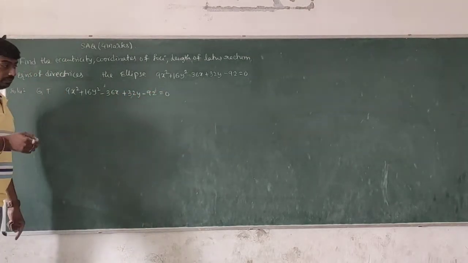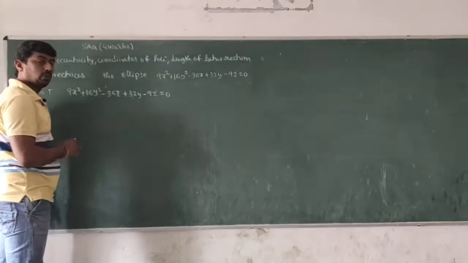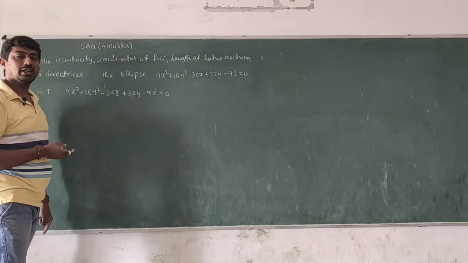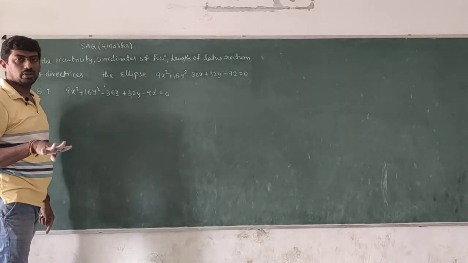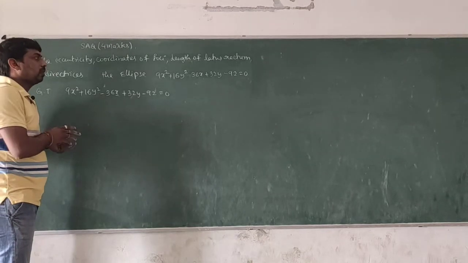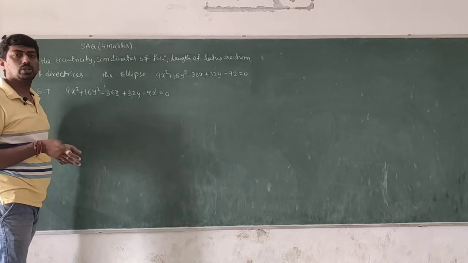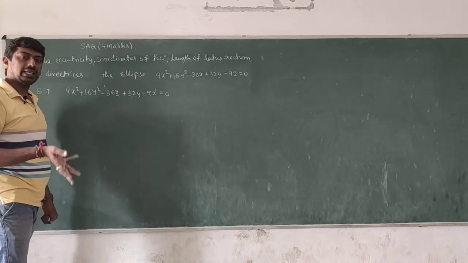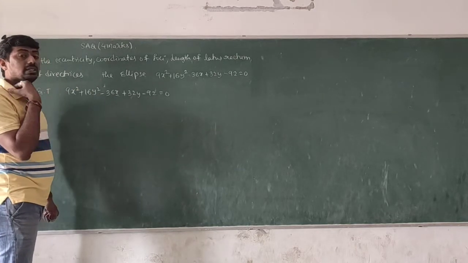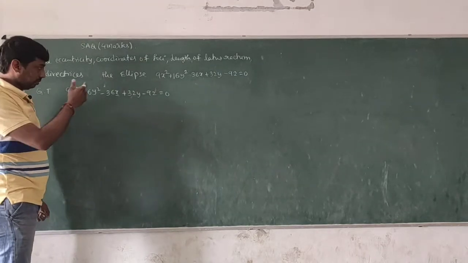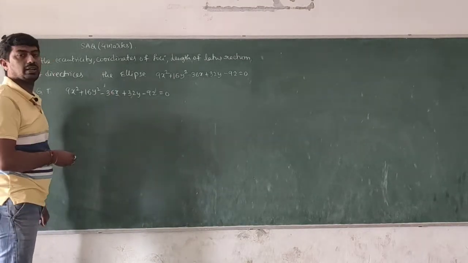Just observe clearly, whenever we have an x term only in the given ellipse equation, then obviously the cases are third or 4 only. In the previous problem we had only x square and y square terms, then obviously that is case 1 or 2. Whenever we have x or y terms, then directly the ellipse is in the form of case 3 or 4. Now also case 3 or 4. We need to transform into the standard form.